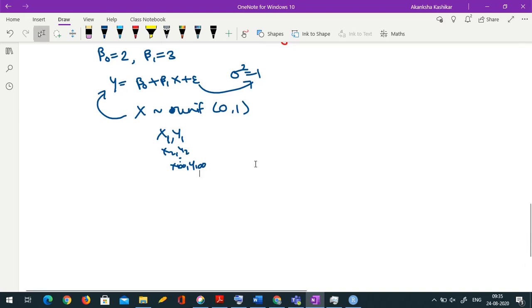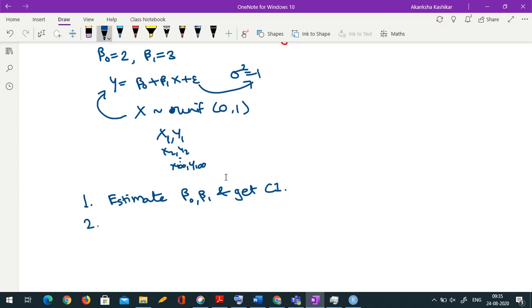Now you have to rely completely on your estimation and bootstrap procedures. So first thing you have to do, estimate beta naught, beta 1 and get a confidence interval. This confidence interval is by your usual regression setup, so this is classical. I think you can get it directly in R. Second is